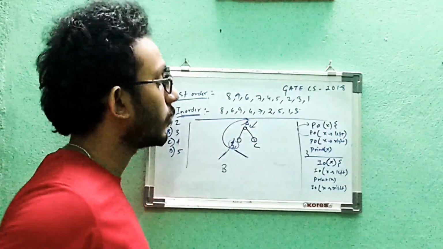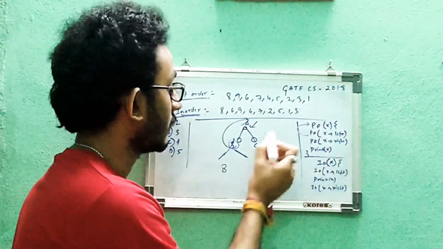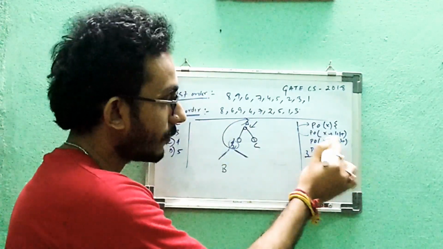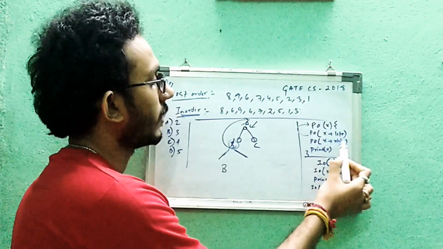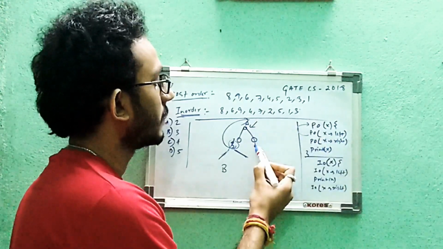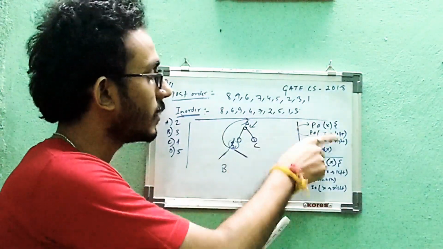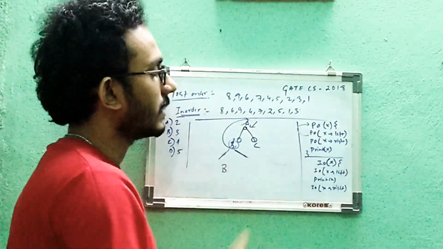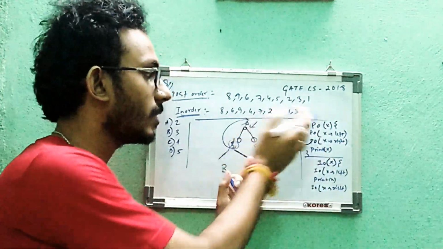Now the call will go back to A. For A we have already executed the left of A, so this line was already executed. So we'll come to the next line. Right of A. So right of A is C. Am I correct? So now C will call here. Now C becomes X.